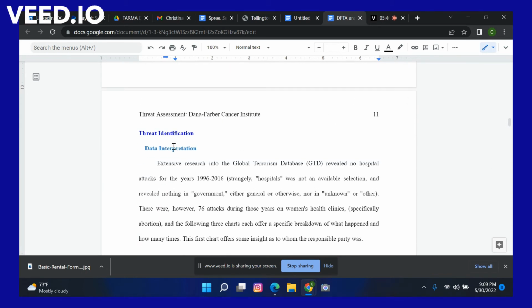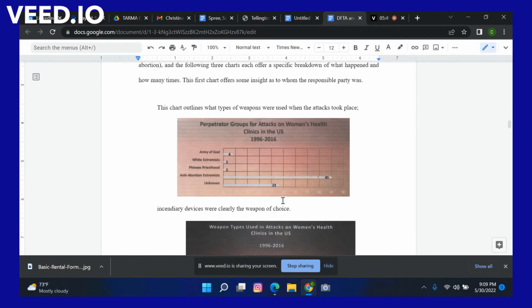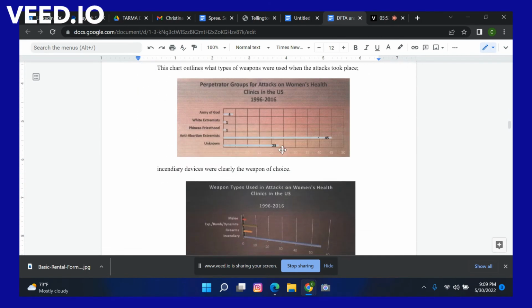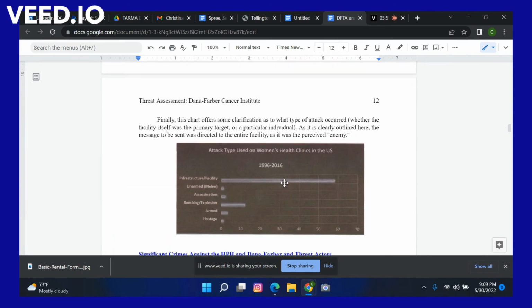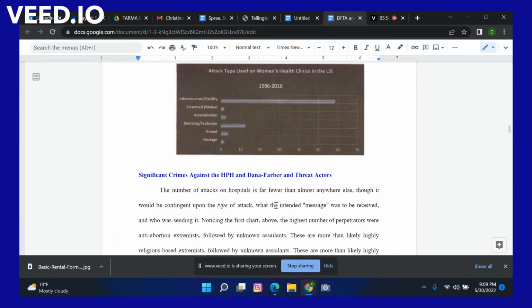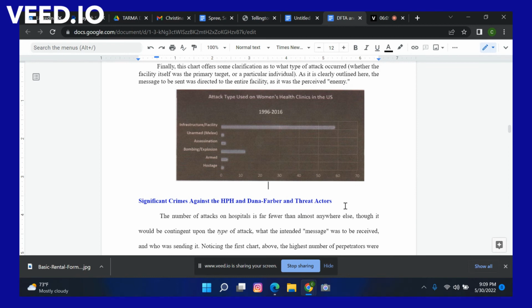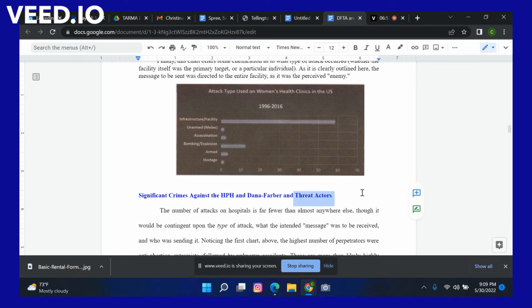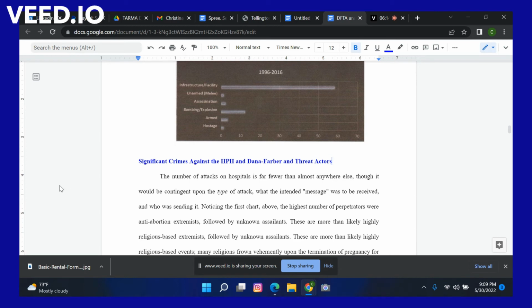Then we have the data interpretation from the threat, and I created some tables there. And we can do tables and graphs. It's entirely up to the client. And then we have significant crimes against the sector and the asset, and who they were, which I'm hoping that a client is not going to have to tell us that their asset has been victimized before. But A, there's no way of knowing that for sure. And B,